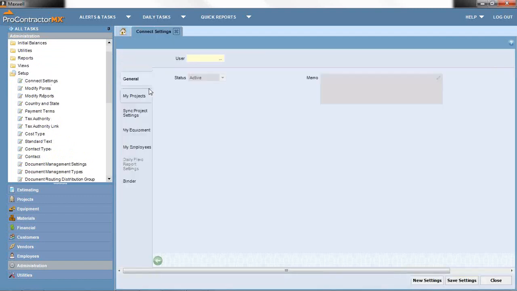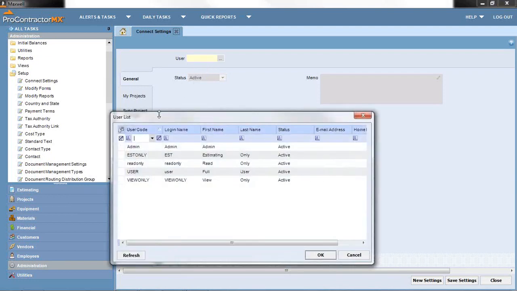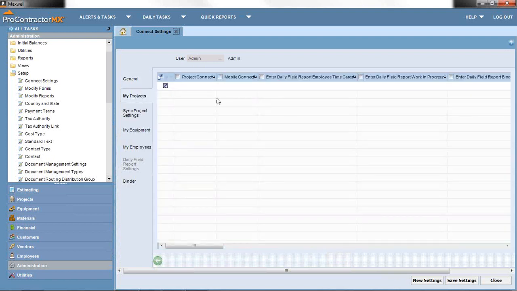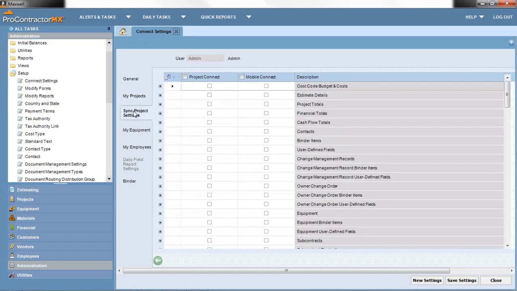So connect settings, this is basically where I can come in and by user, dictate to the software which projects an individual user is going to see for Mobile Connect or Project Connect. So this table would get populated once there were projects in my companies in SEG, and these are the controls where I would set which projects an individual user, iPad user, or just a user within ProContractor if they're using Project Connect, would see. This is where I would define those projects that this user would see. Okay? If they're using the iPad app,